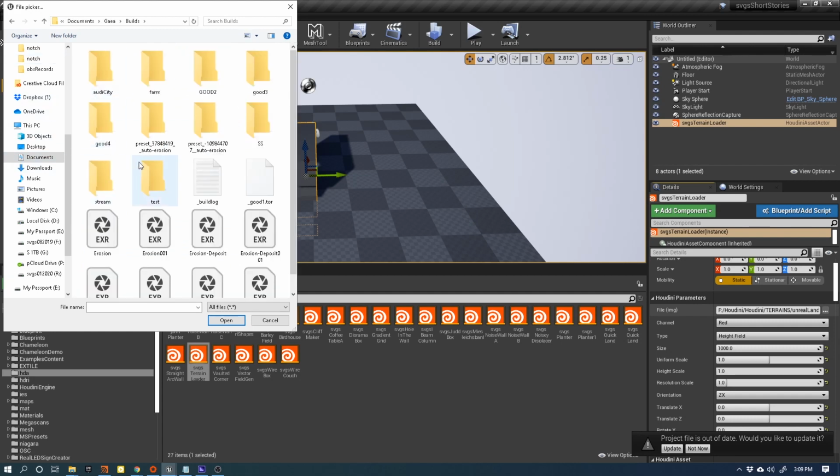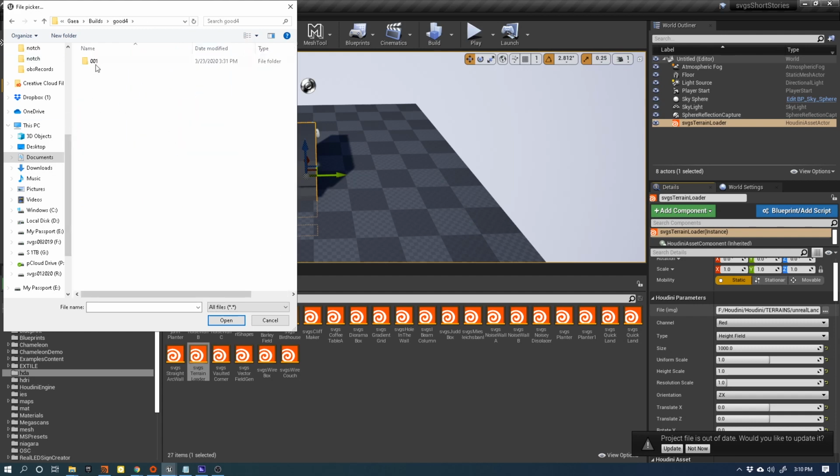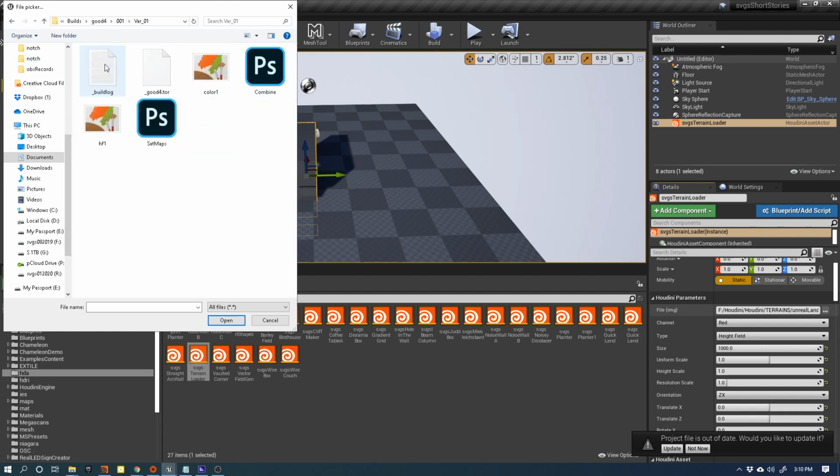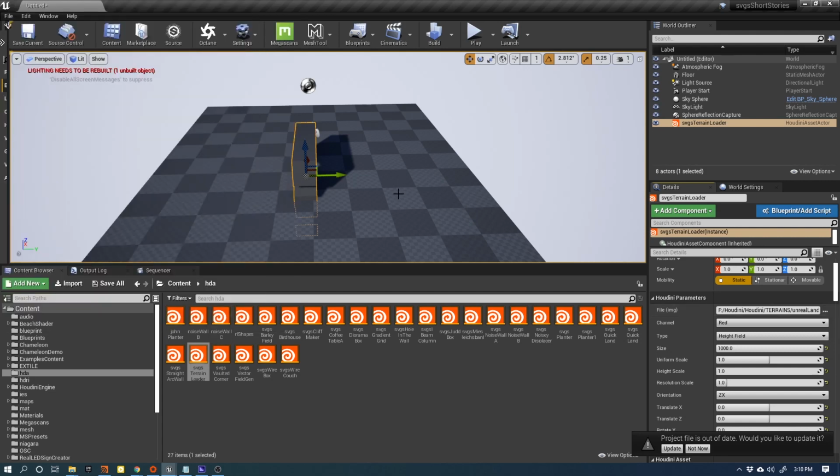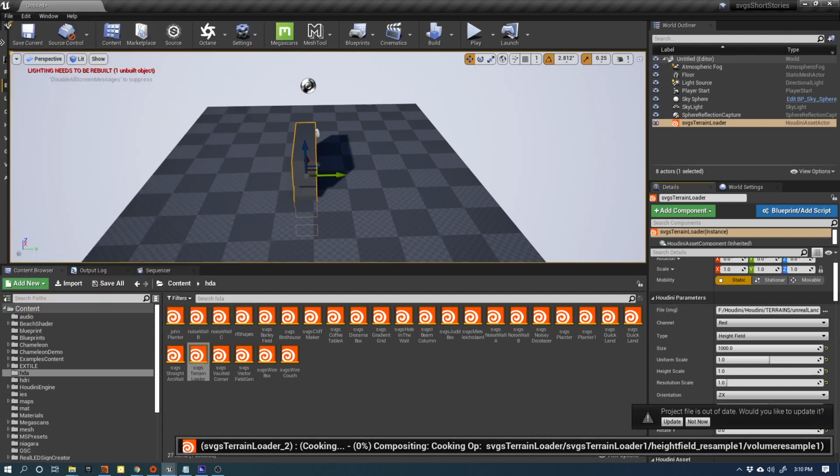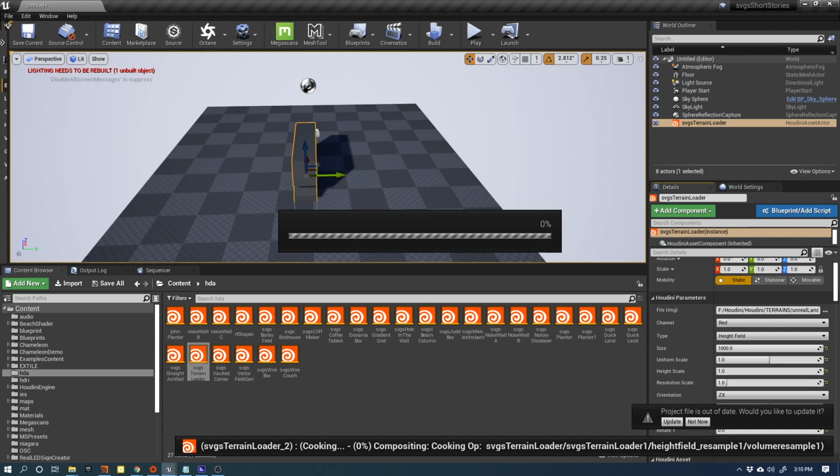Builds. Let's try 4. I know 4 is good. Variation 1. And we will grab the combine. Try grabbing combine. Yep, so now it's making a land, and when it does make the land, we're not going to be able